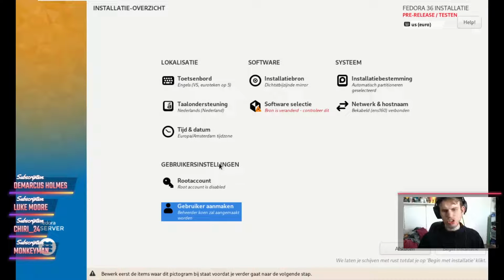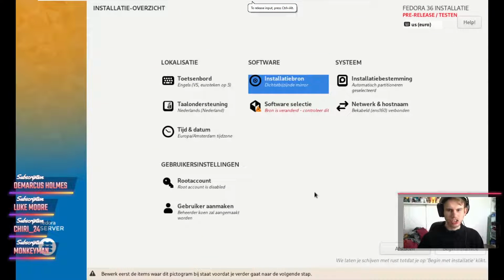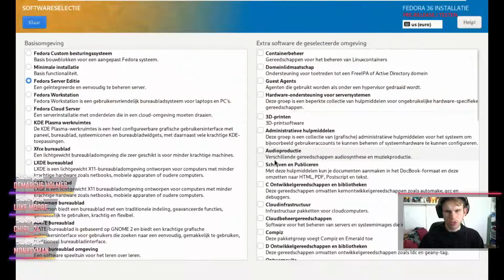What I also recommend you doing, because we are using Fedora server, because yeah, we are going to use Fedora for this, and I'll tell you why in a sec. What you want to do in here is go up to install medium, and then turn this up to network, so that it's going to grab packages and things like that from the network, which is going to be really handy for people who want to do certain things.